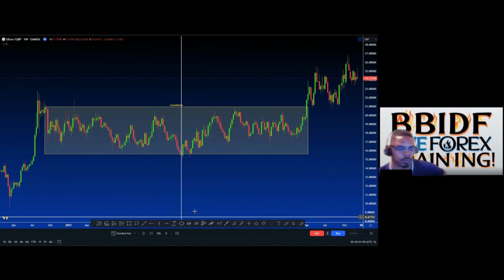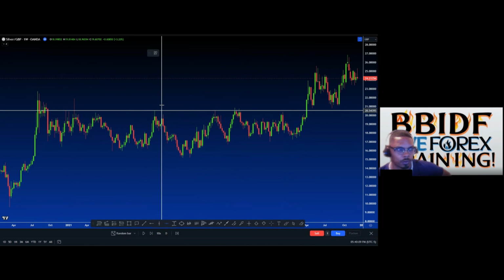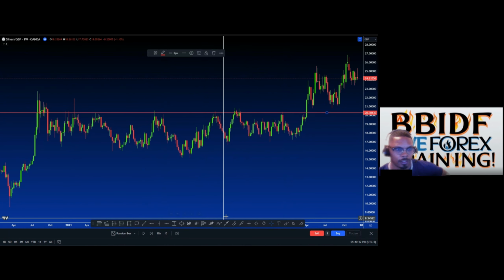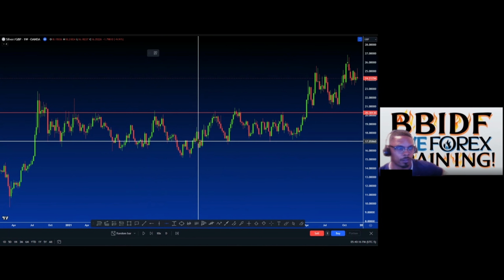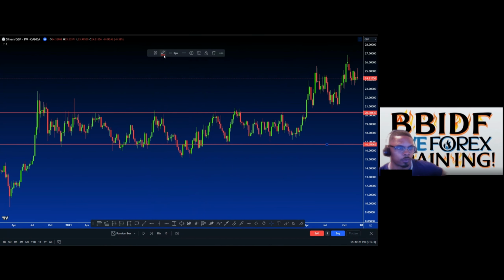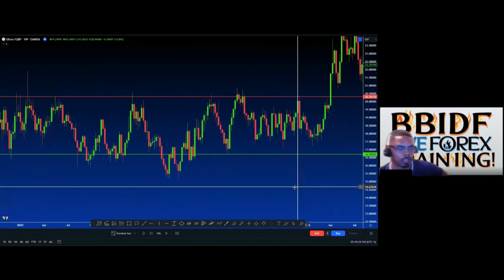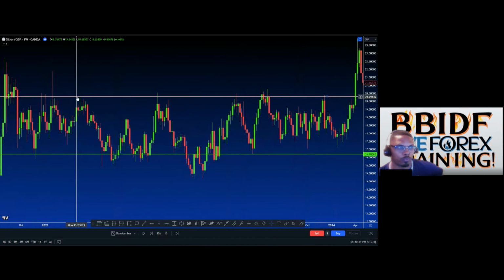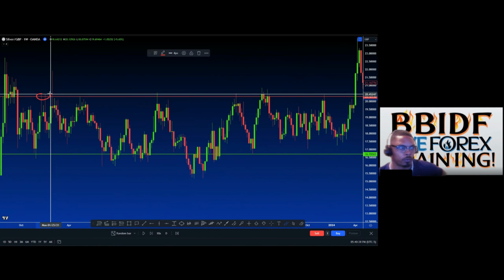Okay, so get rid of the consolidation box, but now I'm going to show you guys that if I place a horizontal line at the top right here, this is going to be resistance. If I place a horizontal line near the bottom, this is going to be support. And I'm going to color it accordingly. So again, at a basic level, resistance is an area where price is not getting above it. So just peep how when we're here, we get the wicks.